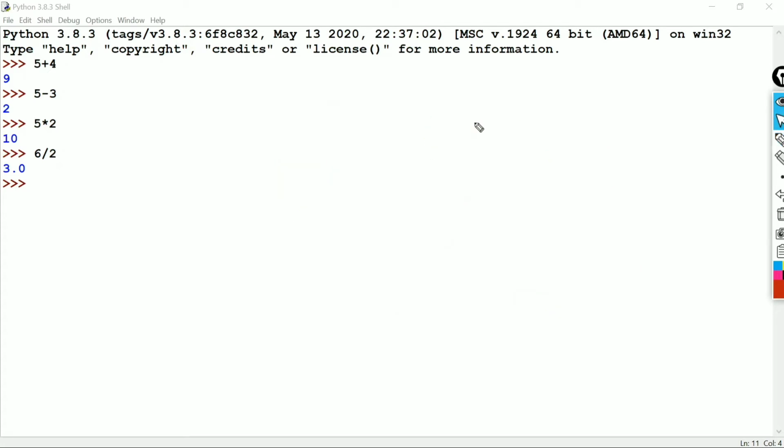Let's create it in our Python shell. A equal to 5. Now we call A and it will give our value 5. We can do some operations, A plus 5, and the result will be 10. And if we call A, it's 5, because we didn't store the operation A plus 5 inside A. Let's try A equal to A plus 5, and now we call A, it will give 10.